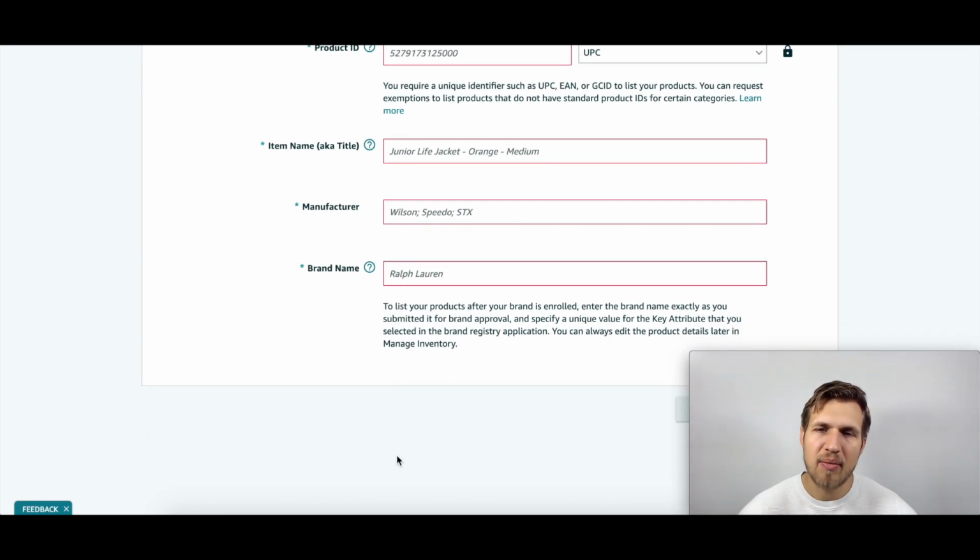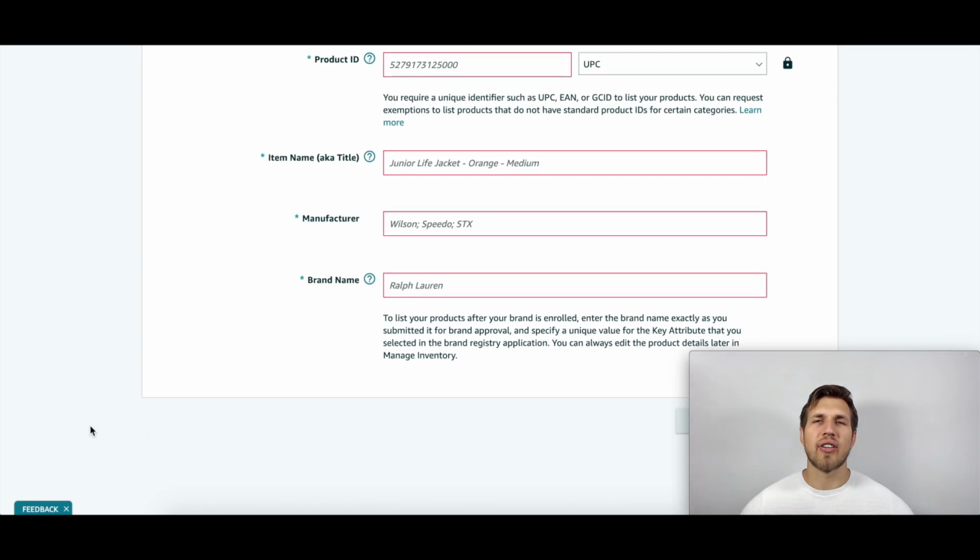And last but not least, brand name. Now this is very important for you guys because a lot of people have had issues with it, okay, with getting various error codes from Amazon because effectively your brand name is not registered. So a couple of pieces of advice. Number one, what you can do is just type in NA or various variations of the name NA and try